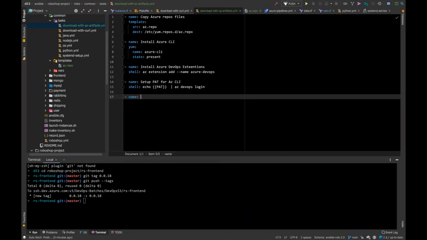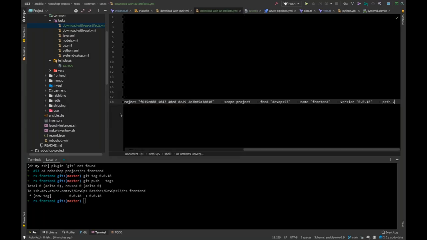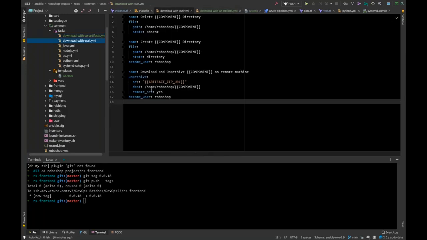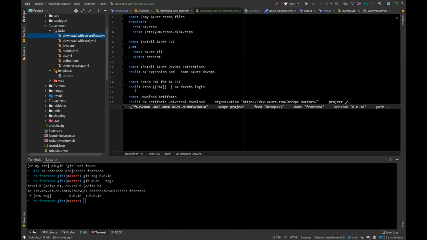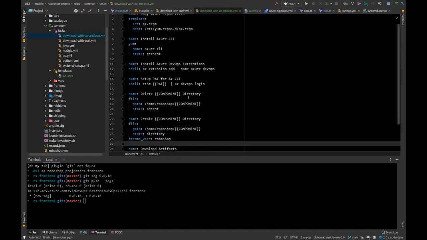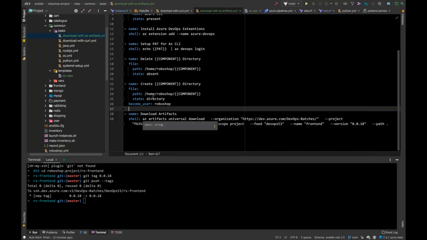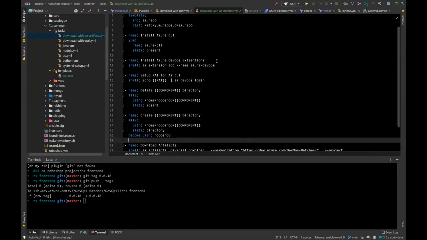So -name download artifacts, and this download artifacts is also a shell. Also, for the download, you have certain things here, so download and archive, but before this you need this. I will go and put this: delete component directory, go and remove this, and after that create a directory, and after that you download the Azure artifacts, and all these are going to be done by Azure artifacts.